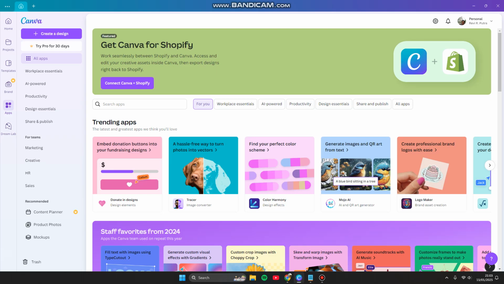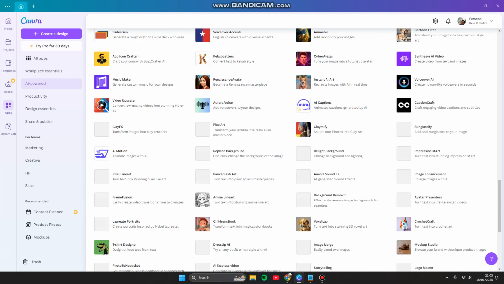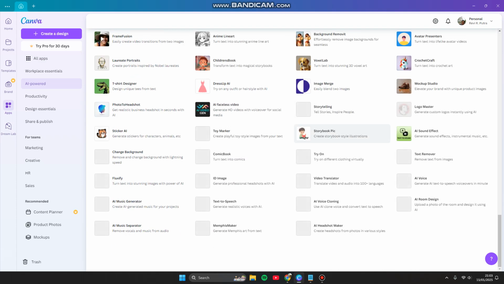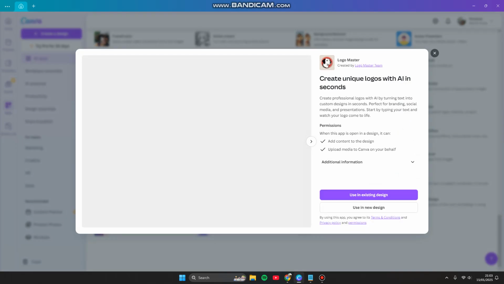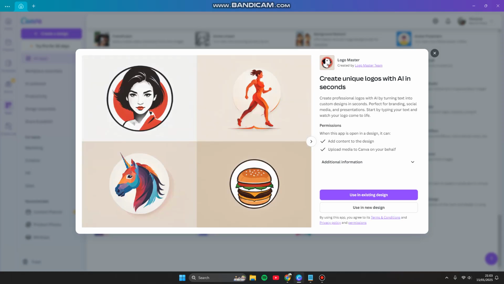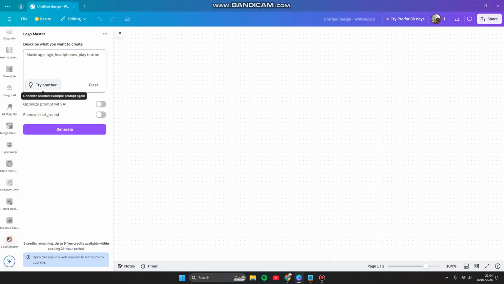So click Apps, click AI powered, and then scroll down and try to find Logo Master. Here you can create unique logos with AI in seconds. You can create a professional logo by turning text into a custom design in seconds. So you can click to use in new design and click whiteboard, and here for practice you can generate with an example